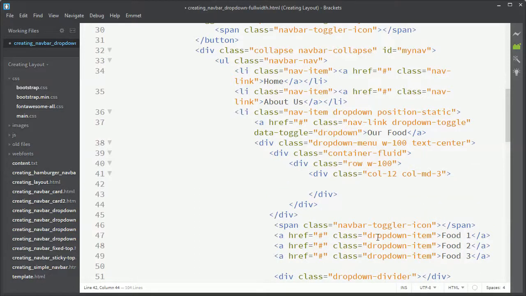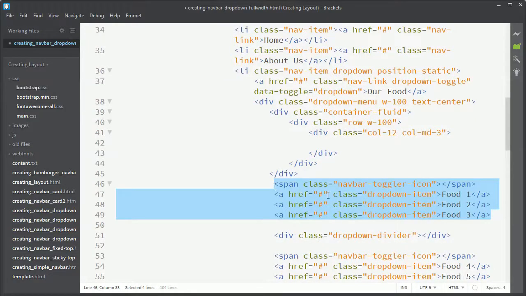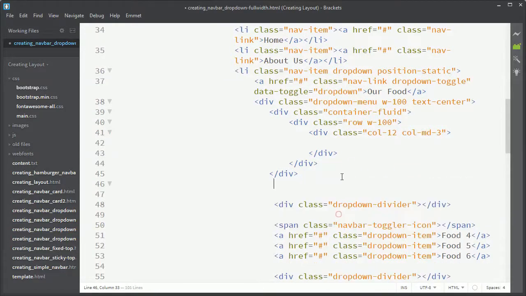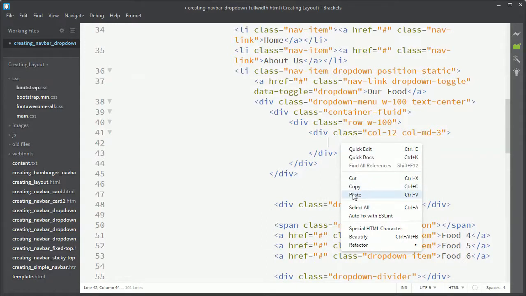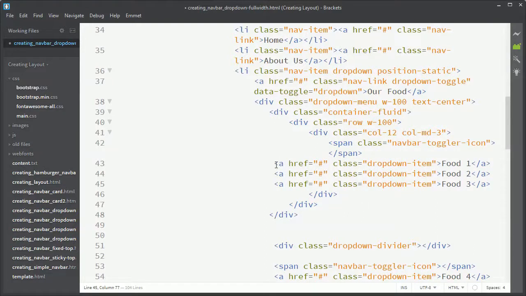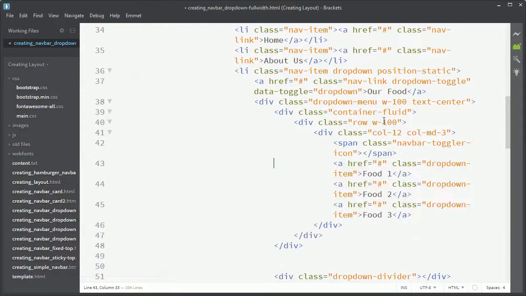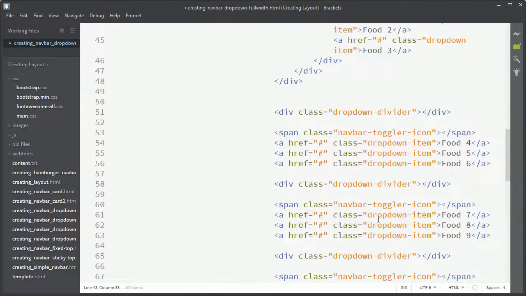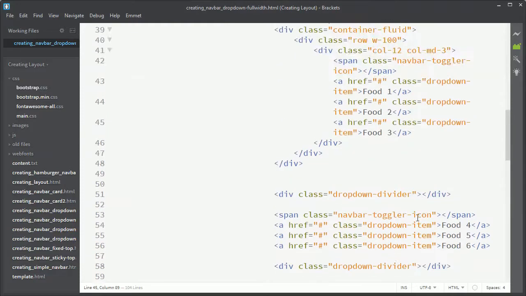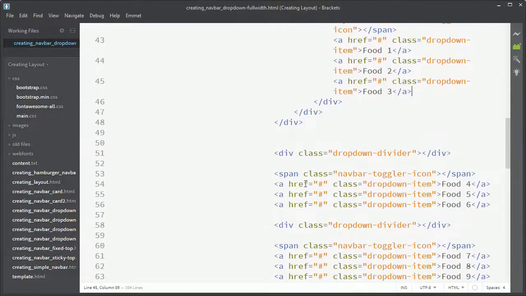Then we are going to cut the first 3 items of the drop-down menu into here. I'm going to use the plugin or extension called Beautify to help me beautify the code here. So this is for one. I'm going to do this for the next few more. To save time, I'm going to delete all the rest here,